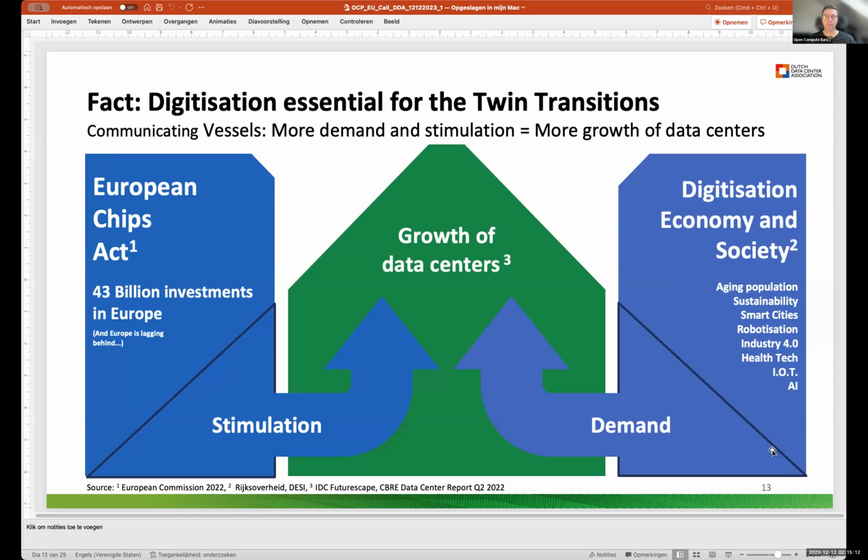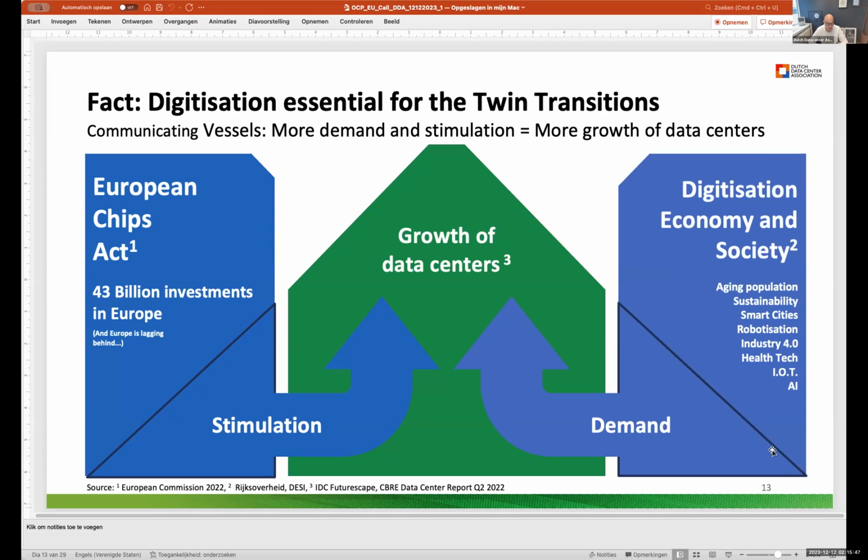But also in terms of the transitions that we're in, we want to be more resilient. We want to be more in control of what is happening. On the other hand, we're growing. We are pushing digitization, smart cities, Industry 4.0, AI. It all needs more digital infrastructure. So we see the growth of data centers, and that is also something where